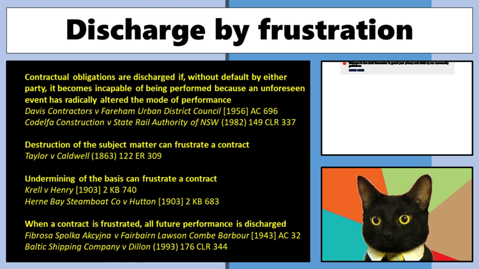Okay. Yeah, and so the two, we call these the coronation cases. Undermining the basis can frustrate a contract. That was to do with the coronation of, I don't know who. Edward the First or the Second? Seventh? Oh, really? Is that what it was? Okay. It was around the turn of the 20th century. 1903, yeah. So after Queen Victoria died in 1901, and so was it the one after? I don't know. I'm not very good with them. They went through a bunch. It's bizarre that in my own parents' living memory, they're born in the 50s, they've only known one British monarch. It's really weird.